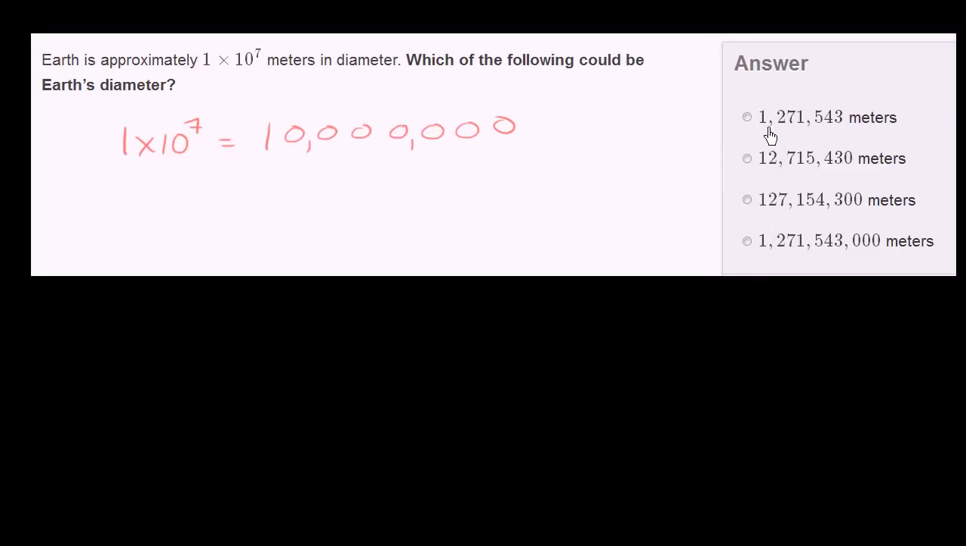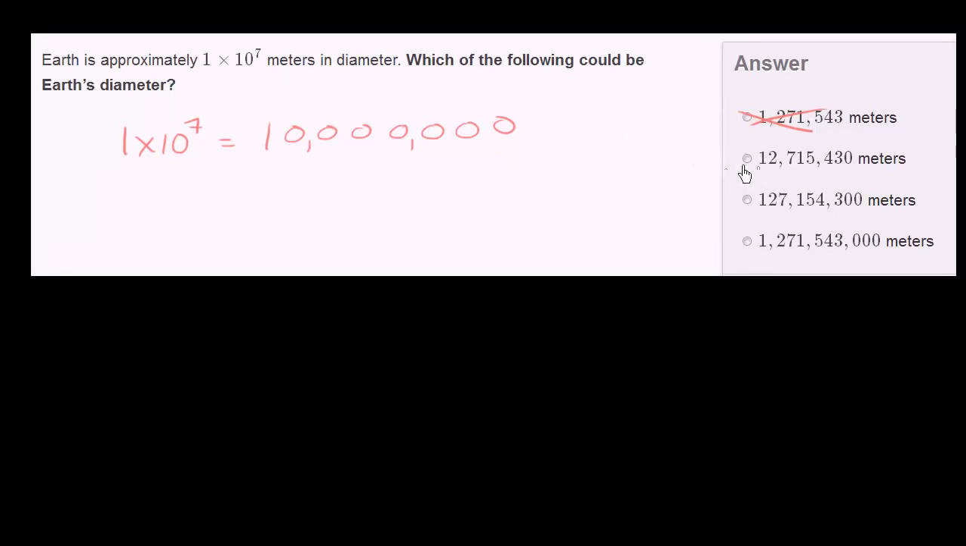Well, this right over here is 1.271 million, or 1,271,543. If I were to really roughly estimate it, I might go to 1 million, but I'm not going to go to 10 million, so I'd rule that out. This is 12,715,430. If I were to roughly estimate this, well, yeah, I would go to 10 million. 10 million is if I wanted really just one digit to represent it,